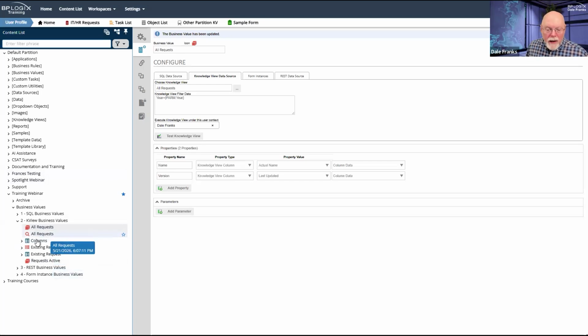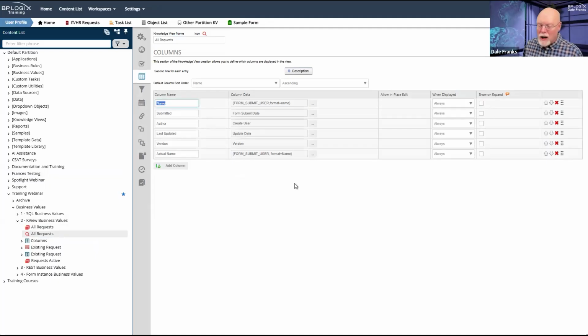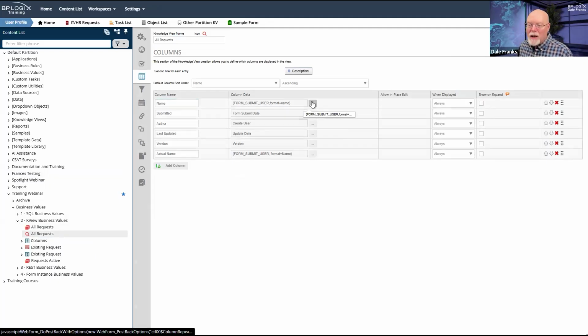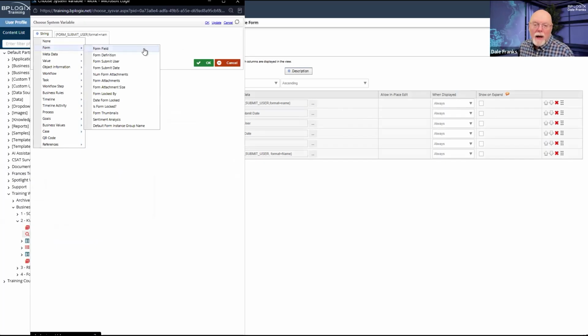So in the knowledge view, one thing you got to be careful of is this first column. That first column is always going to be the linking column, and that's always going to return, basically, a GUID.